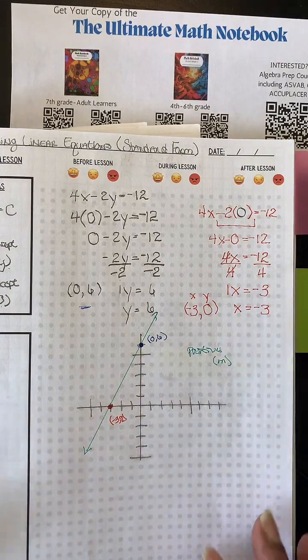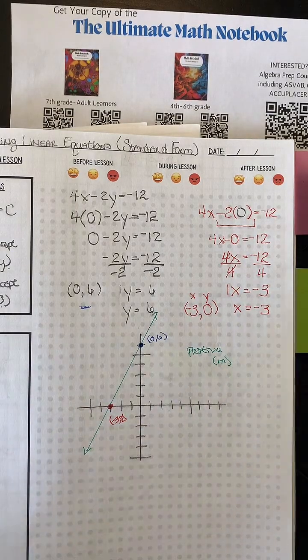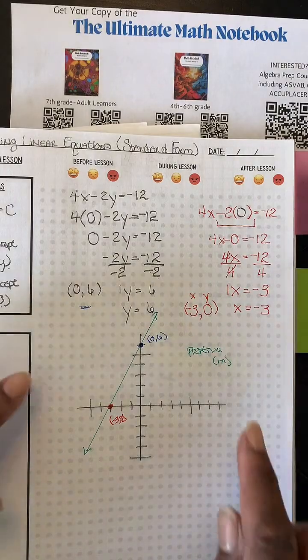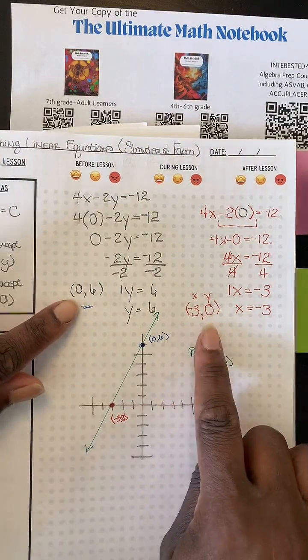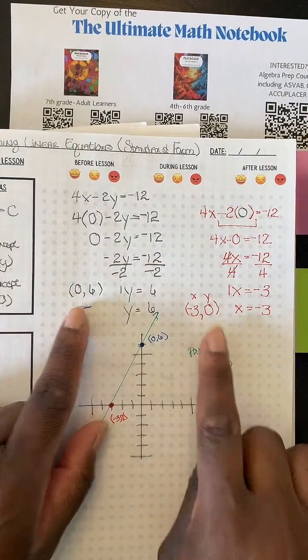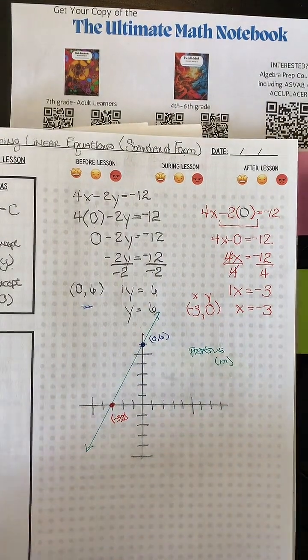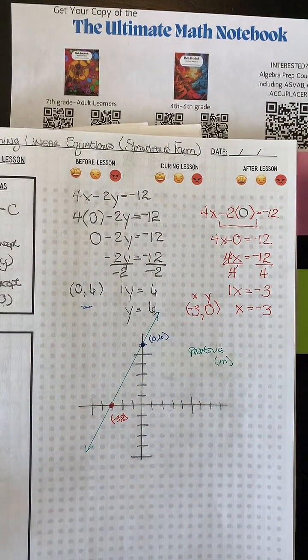So with this going step by step, we're actually just using the intercepts to graph our line. So if you're taking a test,